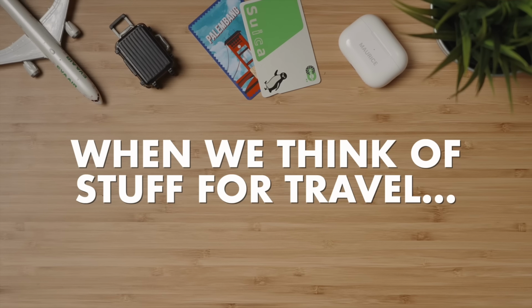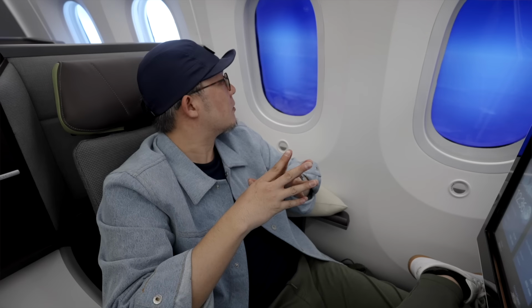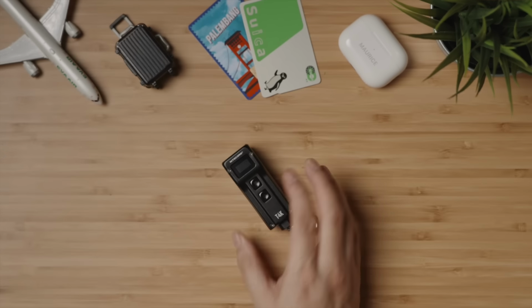When we think of stuff for travel, we think of things like this, or this. But surprisingly, after sailing the skies for nearly 250 flights for work, spanning industrial settings to active combat zones, and of course, for leisure, from the hot and humid to below zero temperatures, a simple flashlight is to me by far the most underrated travel accessory, and we will dive into the 3 most impactful use cases in about